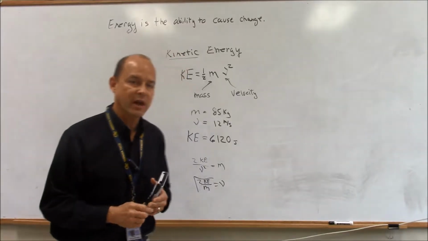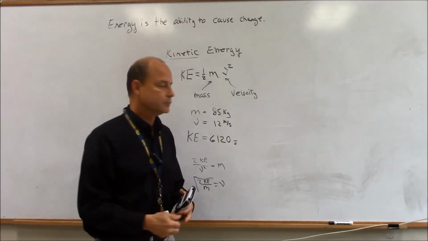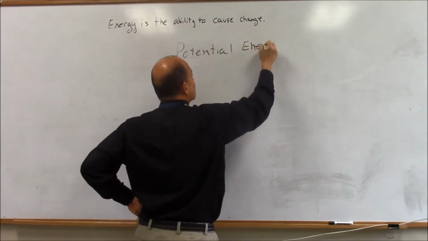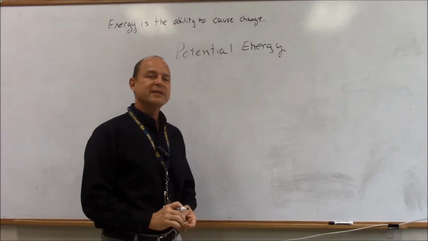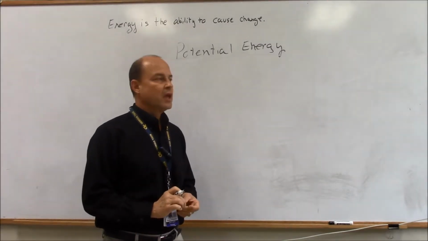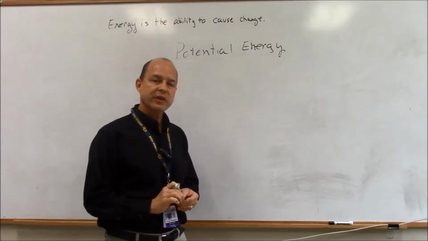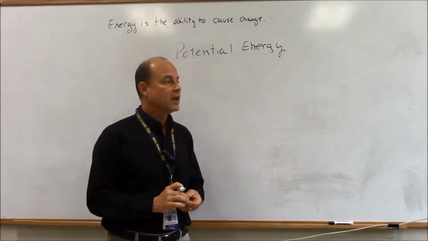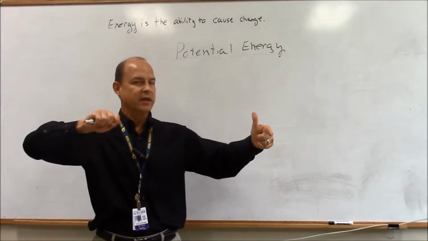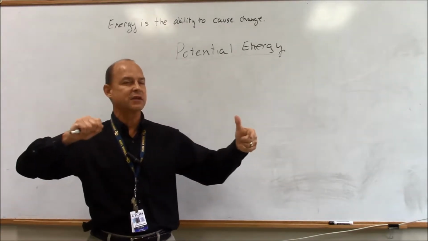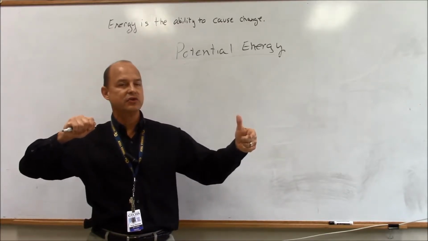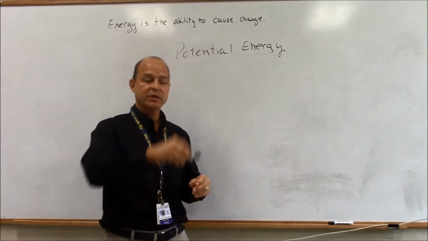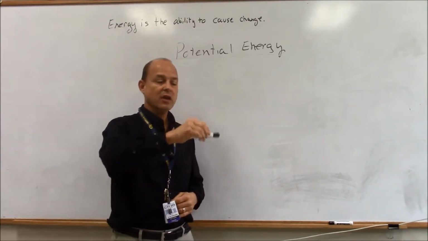The next type of energy that I want to talk about is potential energy. Potential energy is energy that is stored in a system. It could be chemical potential energy, that is, the chemical could be rocket fuel that is stored in a rocket. It could be the potential energy in a slingshot that you're pulling back, that elastic potential energy that is stored in a slingshot. Or it could be simply gravitational potential energy, which is the energy of position, which is if